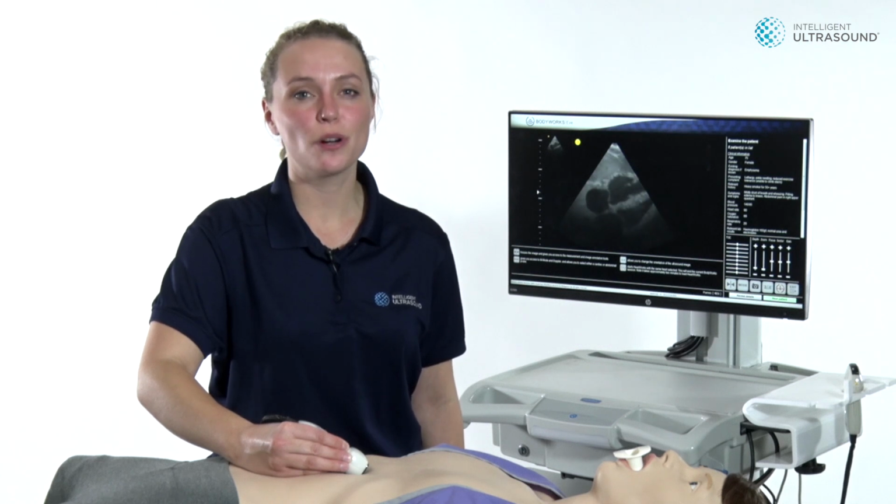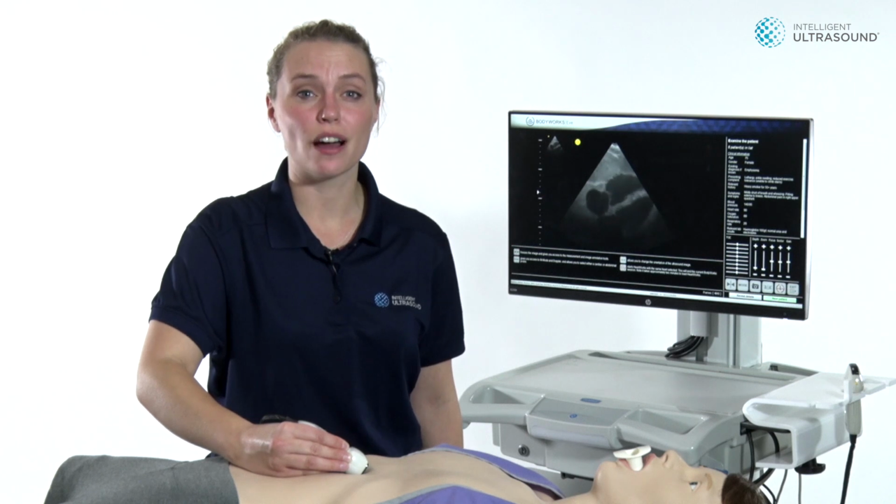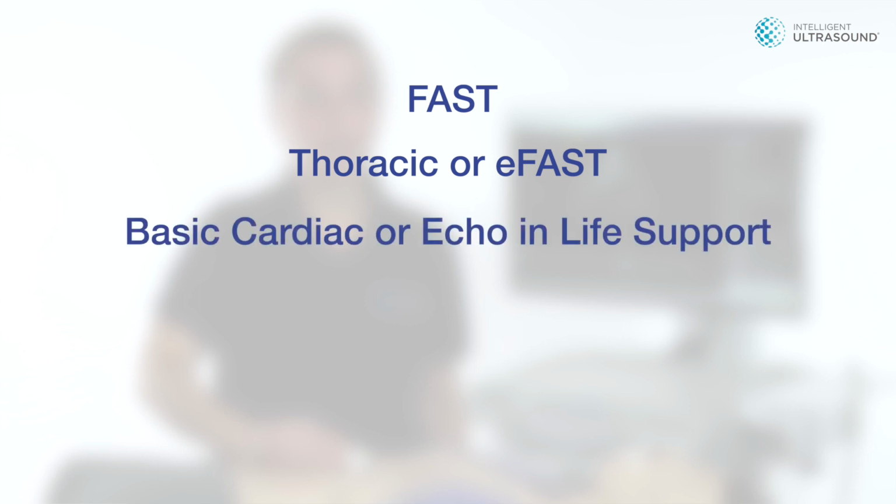The protocols work in exactly the same way as the patient lists, but the cases are organised by protocol. The protocols on the system are FAST, which contains 32 cases to cover the full FAST scanning protocol, Thoracic or eFAST, containing 14 cases to facilitate the whole range of extended trauma scans,